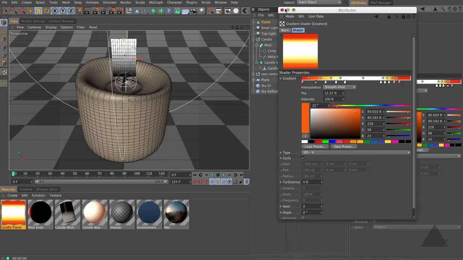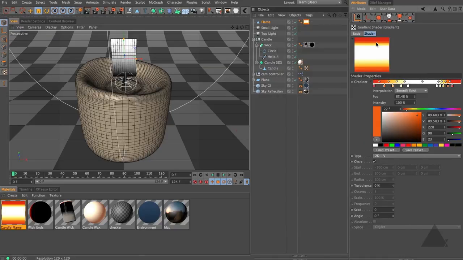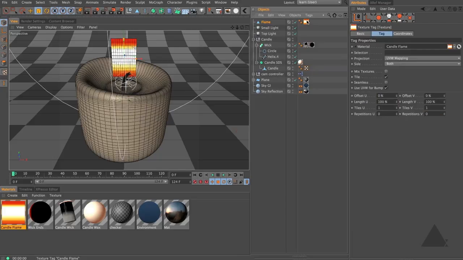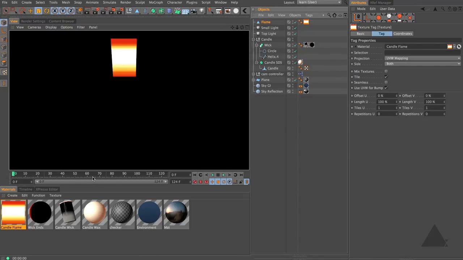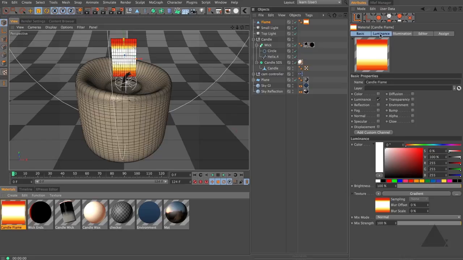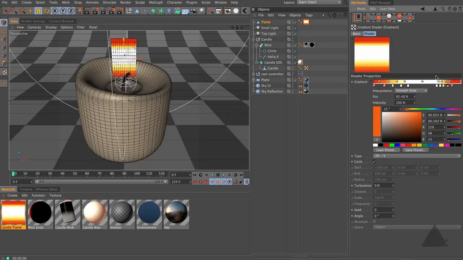and we can now see it on our flame. It's not actually updating though, is it? There we go. Okay. Still not looking much like a flame though, is it? Let's just render that and make sure. No, it's definitely not looking like a flame. And we can see there's a bit of banding on there. We could actually see that in the photograph, but I think that's to do with the photography rather than the actual flame itself. Probably